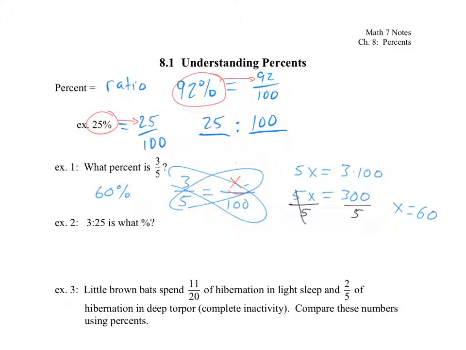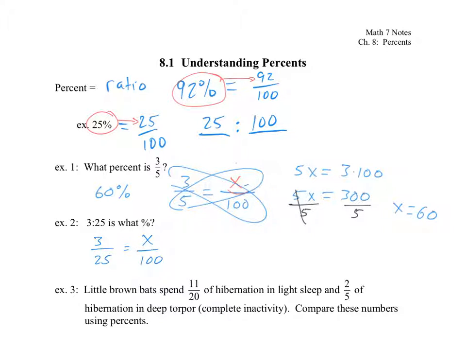This next one I'm giving you in a little different format. I'm saying the ratio 3:25 is what percent? Whenever you see something like this, what's your teacher begging you to do? Do it like a fraction, 3 over 25. Perfect. 3 over 25 equals X over 100. We could cross multiply and divide. That's the way I should teach it. But does anybody look at that and say, oh, I know the answer has to be